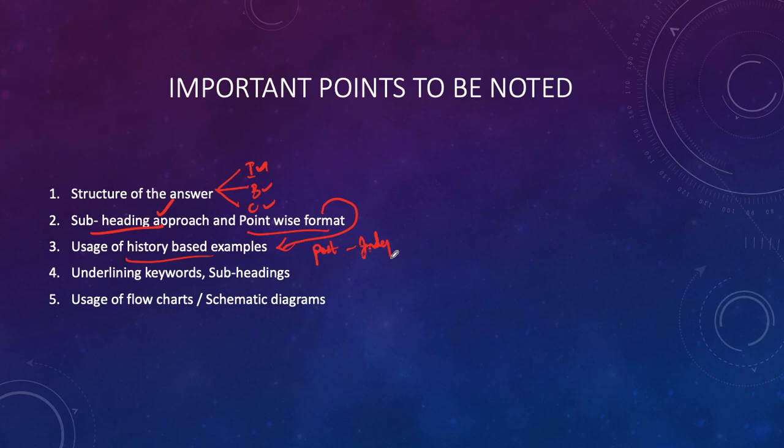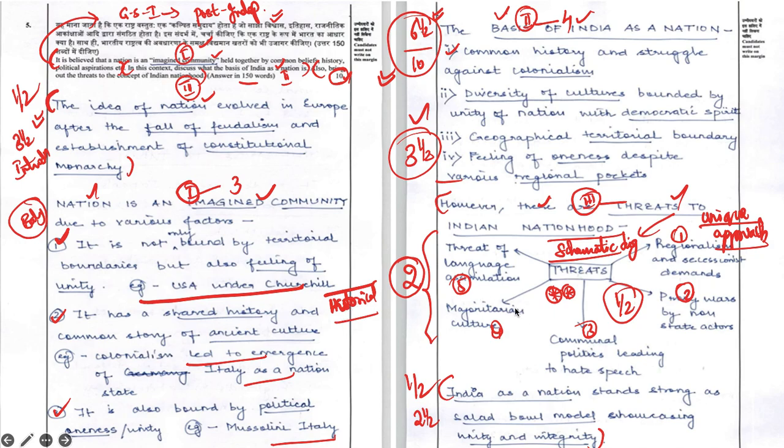This is something we should also learn and try to include examples accordingly in the exam to the maximum extent. Not only that, underlining the keywords is something most toppers do, but underlining the keywords in the subheading is unique to this particular topper's approach. This is also a small value addition we should try doing. And one of the most eye-catching uniquenesses in today's discussion is the involvement of schematic diagrams, and that too she has introduced in the climax of her answer, where the examiner will find it very attractive and she will easily get maximum marks in this question. That is why she has fetched the maximum of 6.5 marks in this question out of 10 marks.